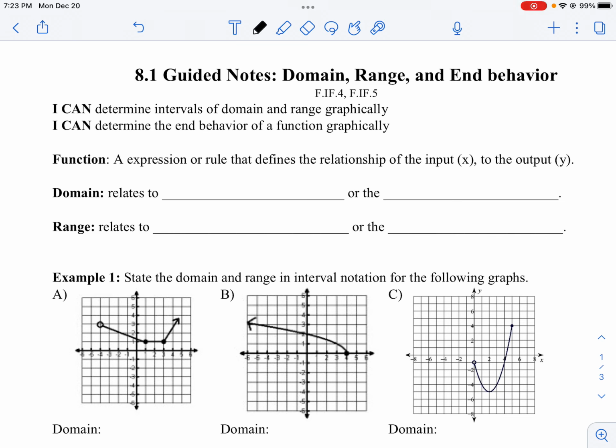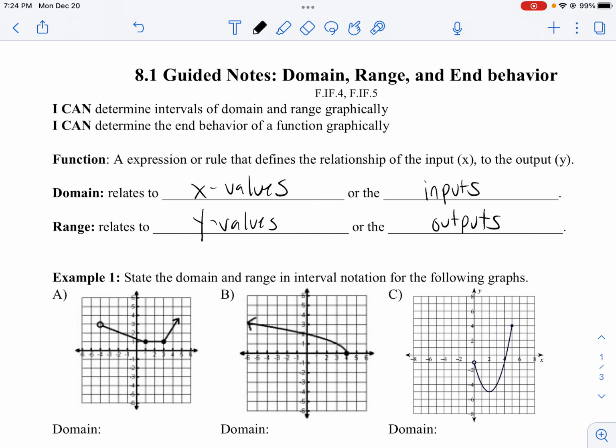So, domain relates to the x values, or the inputs. Range relates to the y values, or the outputs. So domain is x, range is y. From there, example 1 is to state the domain and range in interval notation for